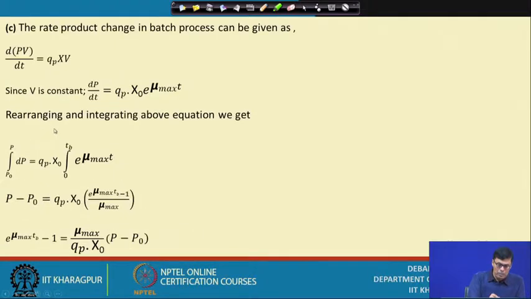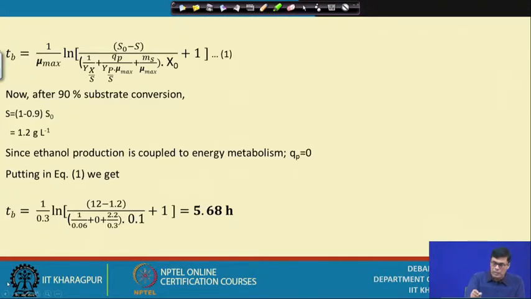No mistake, because this is actually S0, which is 12, am I right? And this is equal to 0.5. So you multiply that by 1.2. This is okay. This is not a mistake. And then we put in the values, different values are given in this problem, and Qp I can assume to be constant, because